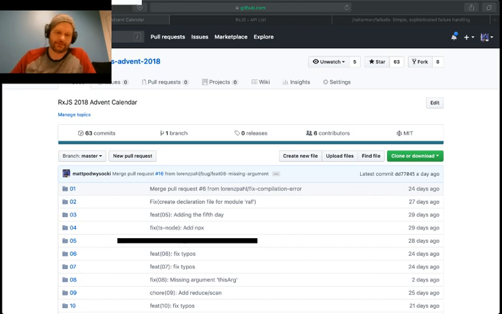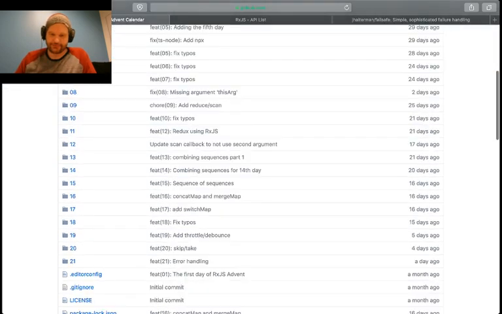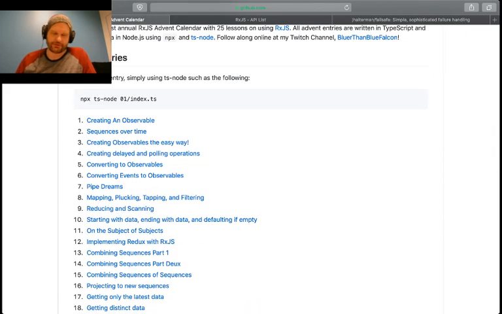So let's go ahead and get started today by going through where we've been with RxJS. If you haven't seen any of these broadcasts till now, you've got plenty to catch up on, starting with creating an observable to sequences over time, to creating your own observables, converting events to observables, doing the basic composition, piping operators, and so on and so forth. There's a lot to get caught up on, but luckily all of this code and examples are here for you, so you can go ahead and get started on what works best for you in terms of your learning